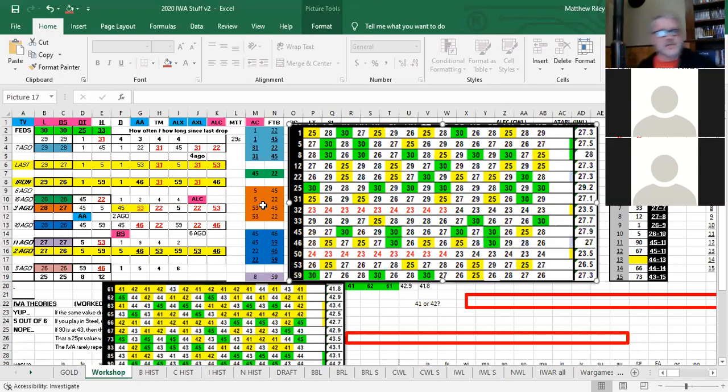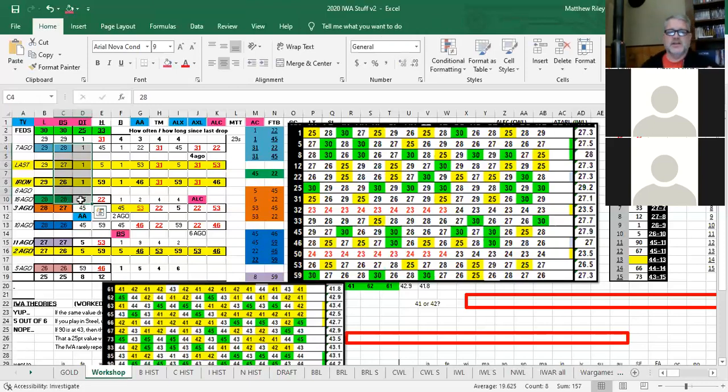So in this case, what we're going to do is twofold. One, just talk about those, and then another theory we've been running. This came from Ryan Patrick out of IWL. If iron and steel use the same number, like 29, 26 and 29, 27, don't use 29 in your gold drop. I tried it a few times and it worked once or twice, so I'm going to go with it again. You can see the color coding here; I try to eliminate everything with yellow. For the sake of this argument, I'm going to rule out